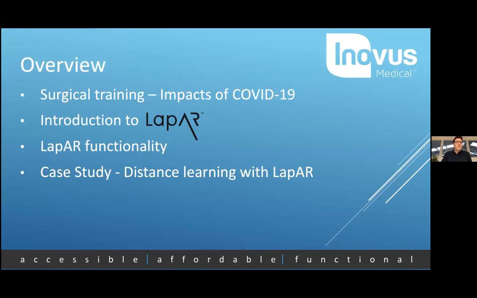So first of all, just a quick overview of what I'm going to speak about today. I'm going to start with the first educational segment of the lab, and this is really focused around looking at what the pressures of COVID have done to place difficulty on surgical training, and how we're seeing surgical training change as a result of this. Now, I must say that a lot of that is related to things here in the UK, but I'm sure a lot of that difficulty is also translated overseas.